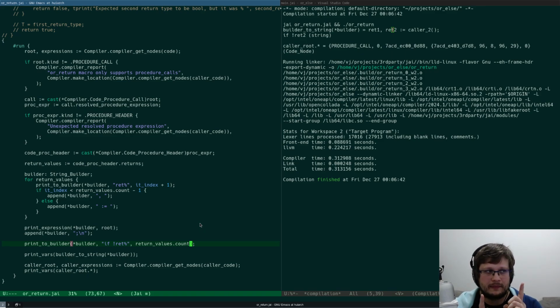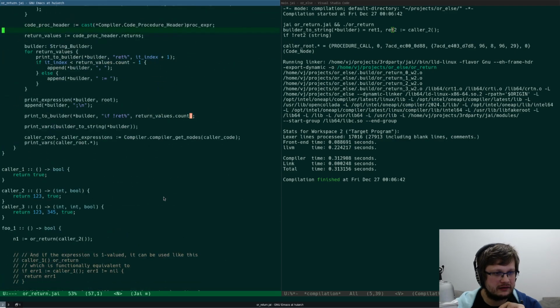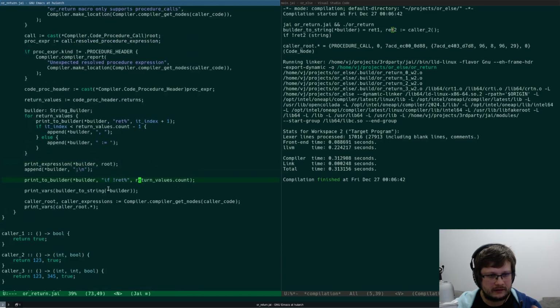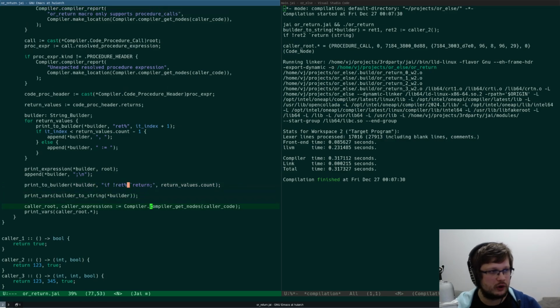If not like that, then we actually need to backtick return of like this. So for now, let's just backtick this right here. So backtick return, right? Backtick return, semicolon, and when I insert it, it should blow up.